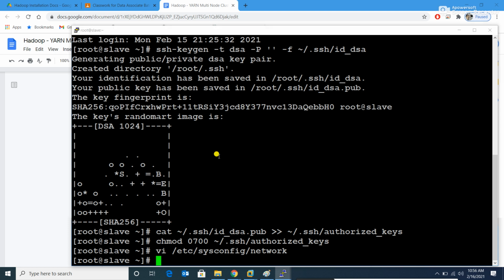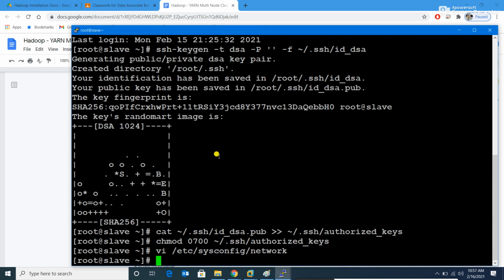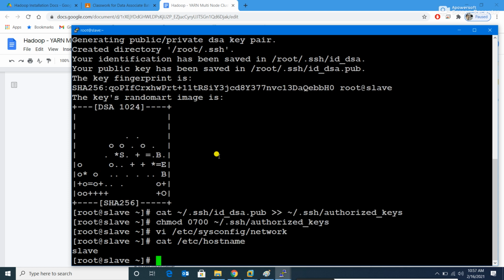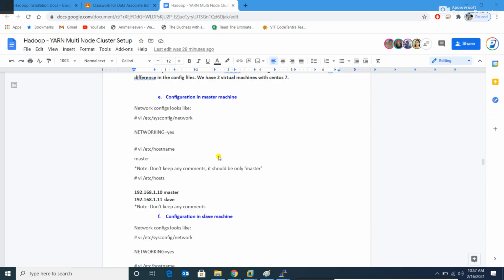Then next part after this is the host name we have to keep. Vim hostname, already we have kept. Let's cat /etc/hostname, so it is slave, and in fact the hosts file we have also configured, so no worries.